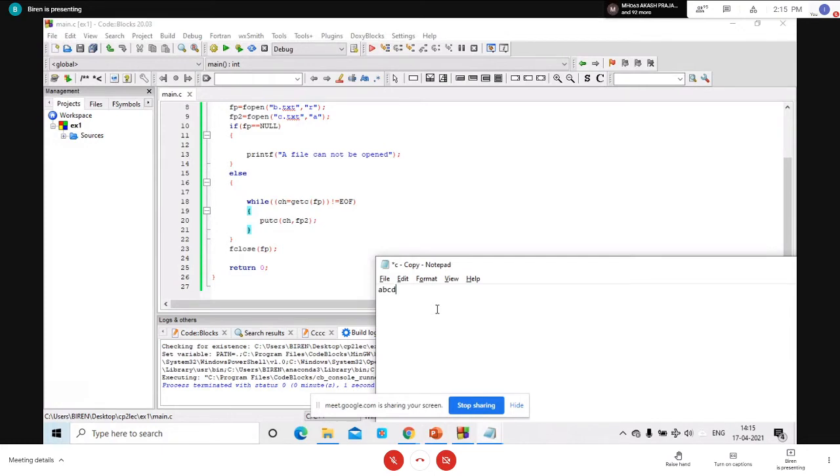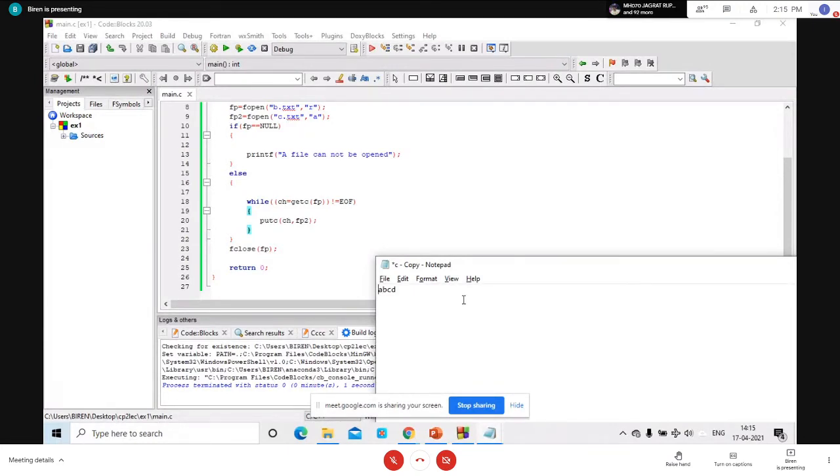Even in reading, let's say you want to read something. After reading A, obviously your cursor would be in the next position. So this is true for both putc and getc. Your pointer position would be incremented by the compiler after doing some task.